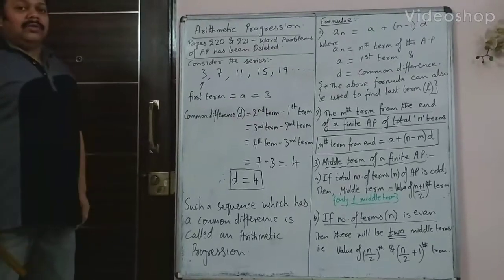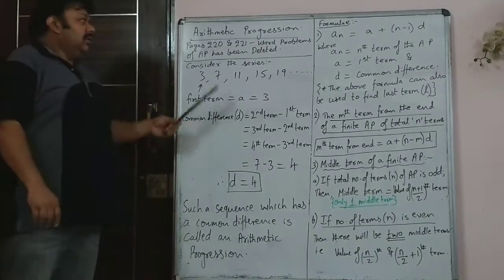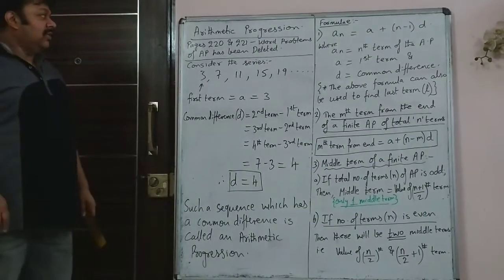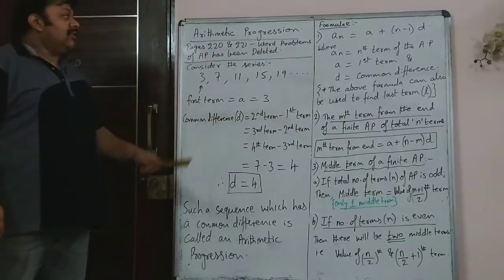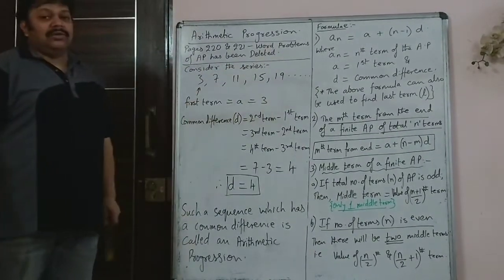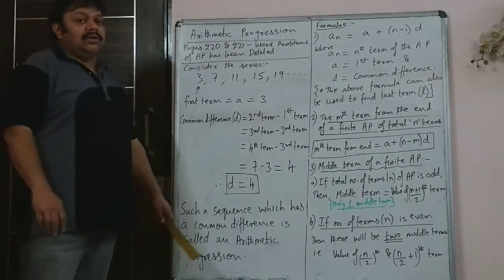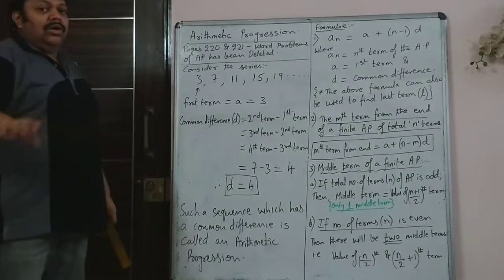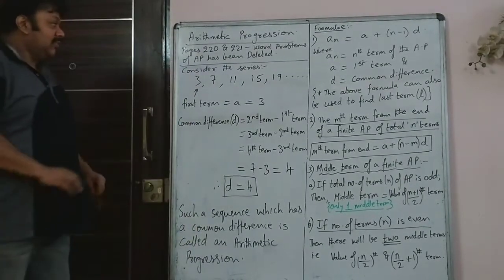Today we'll start with arithmetic progression, a very simple topic, just one or two types of sums in this. As you know, applications of arithmetic progressions, which means the word problems, have been deleted from the syllabus. So page 220 and 221 of Anish tutorial book, all the word problems are not there. So we will not be doing those word problems.